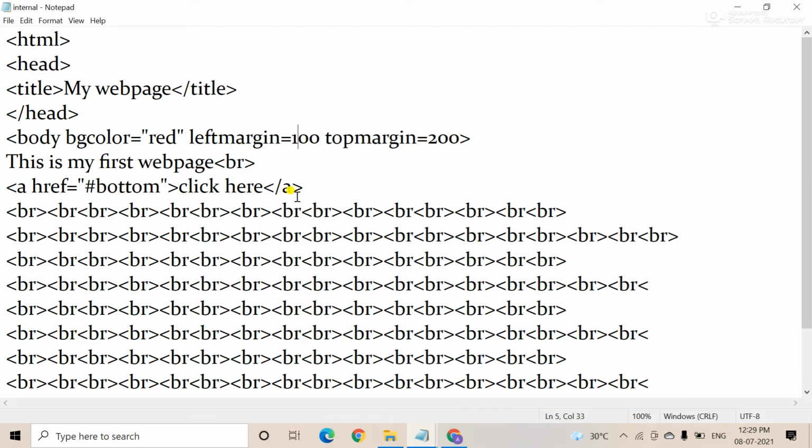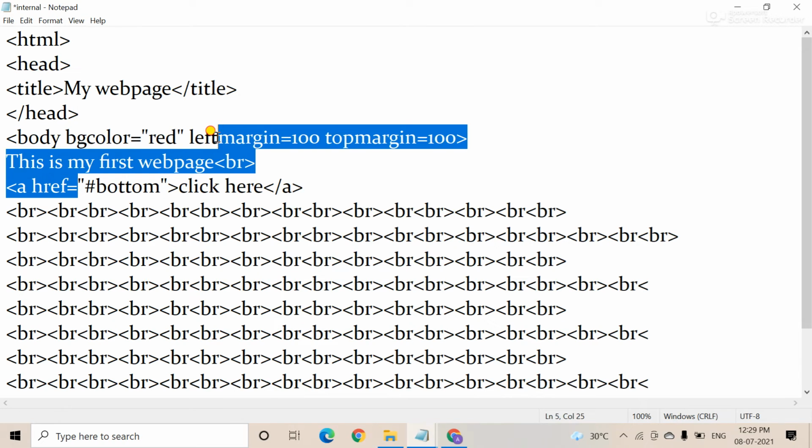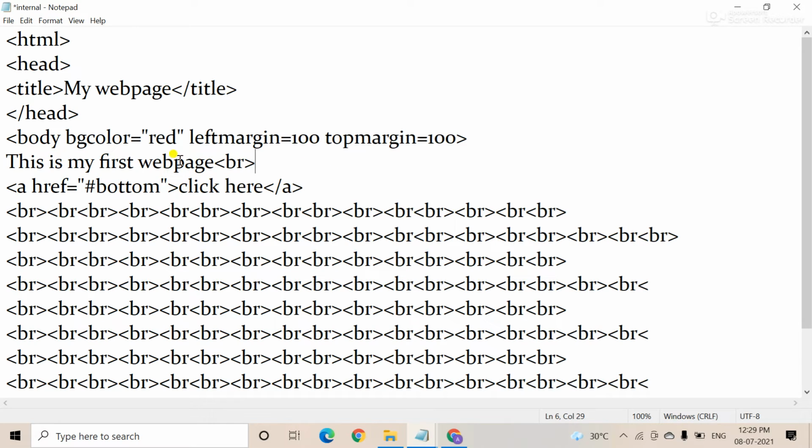Okay, and all of you focus on the code. Actually the code is, you see here the left margin and the top margin, and this is my first web page I have written. And you see I have written here the br tag. Br tag means break the line, means go to the next line, and this is the code there to link. In the case of the internal link it requires the bottom. Okay, click here. When you click,